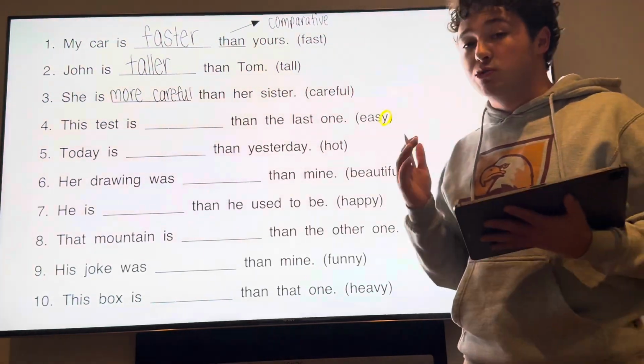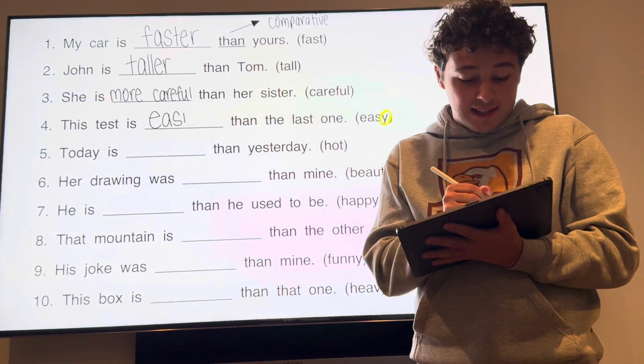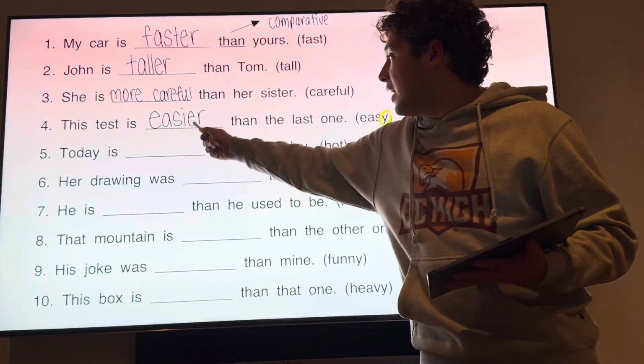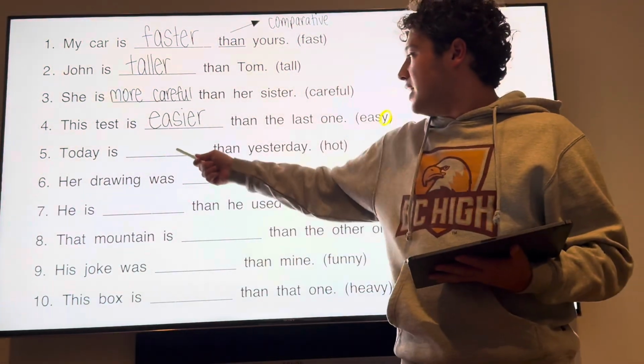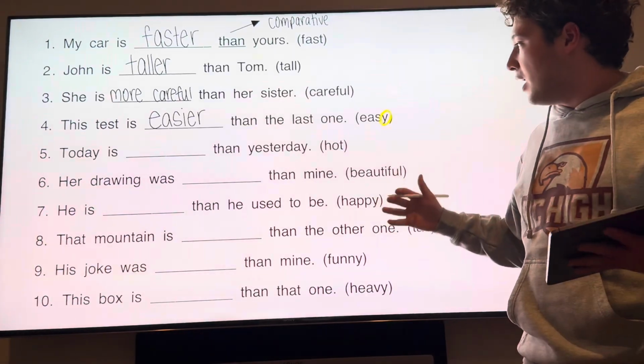When you have the Y, you change it to an I. So it would become easier, with a Y and an er. Today is blank than yesterday, and they give you hot. Now hot